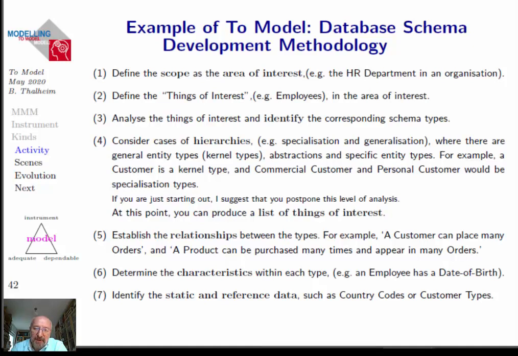We can have a longer methodology consisting maybe of 18 steps or so, where we first define the scope as the area of interest, we define the things of interest, we analyze the things of interest and identify the corresponding schema types, we consider hierarchies so that we can handle those in a proper form, we try to dig out relationships between the types, we determine characteristics, we might identify static and reference data,